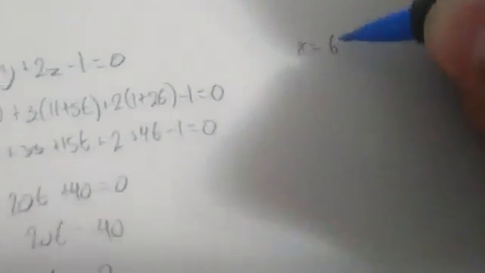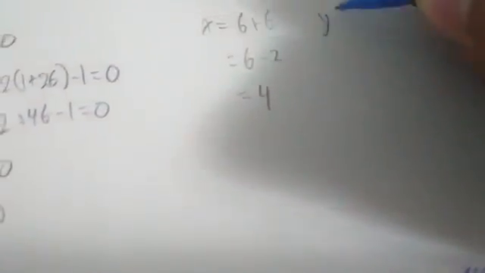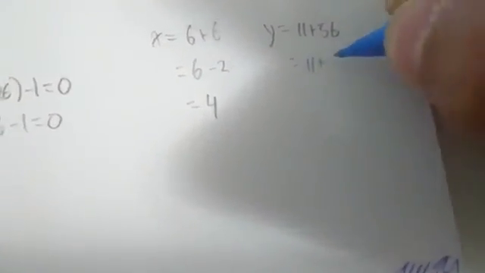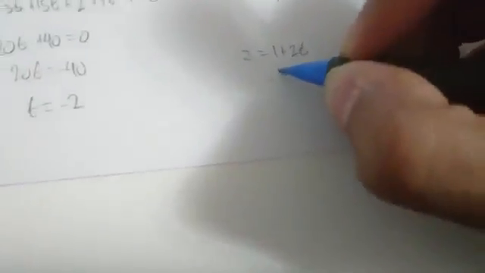So 20t is equal to negative 40, and t is equal to negative 2. And now since we know the value of t, we're able to sub that back into our parametric equations. So x is equal to 6 plus t, and we know that t is equal to negative 2, so it's 6 minus 2, which is 4, and y is equal to 11 plus 5t, so that becomes 11 plus 5 times negative 2, so that's 11 minus 10, which is 1, and then z is equal to 1 plus 2t, so that becomes